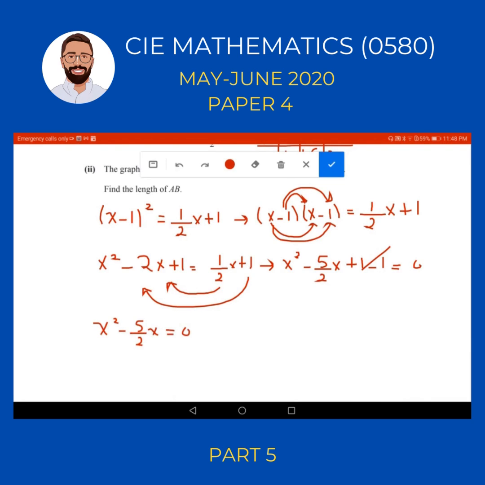So how can I solve for x? I need to take x as a common factor, so what's left inside the bracket is x minus 5 over 2. And that's equal to 0. So the first value of x is equal to 0, and the second value of x is equal to 5 over 2. How did I get 5 over 2? I equated x minus